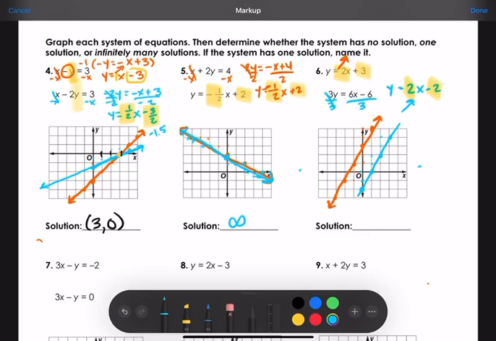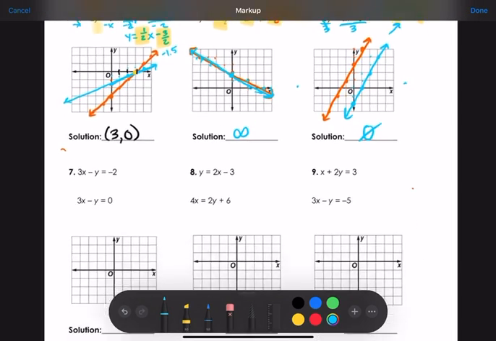Okay, these lines look parallel, and if I check their slopes, they both have a slope of 2. They are parallel. So that means they're never going to touch each other. The solution is no solution. Moving on